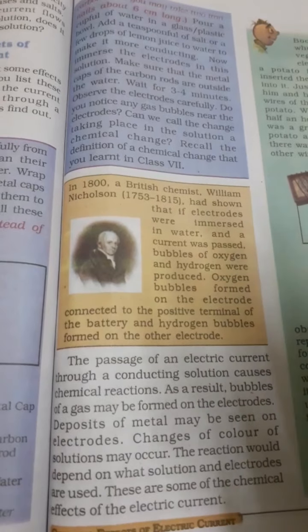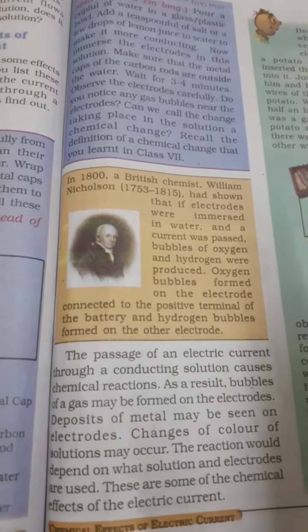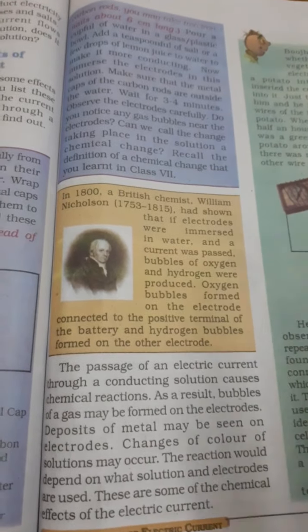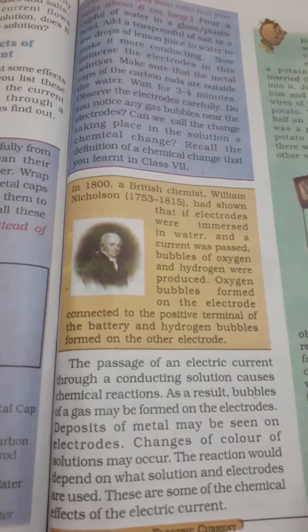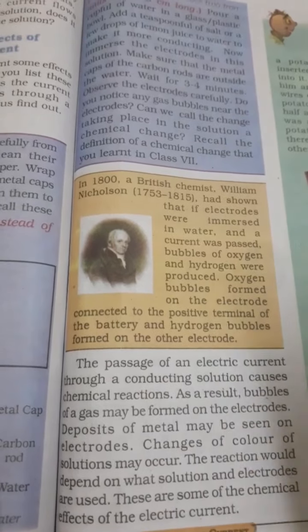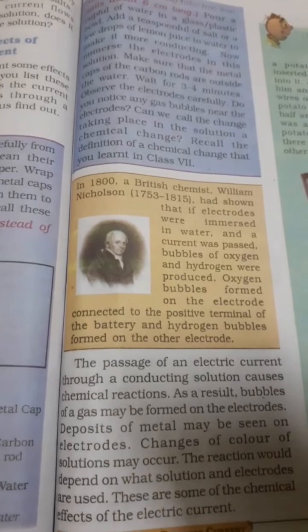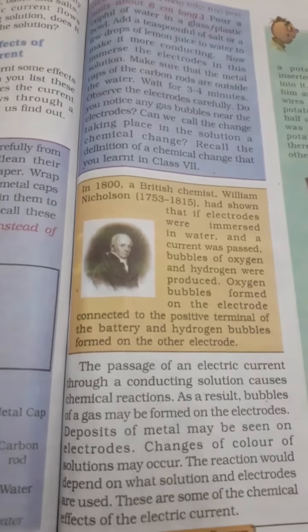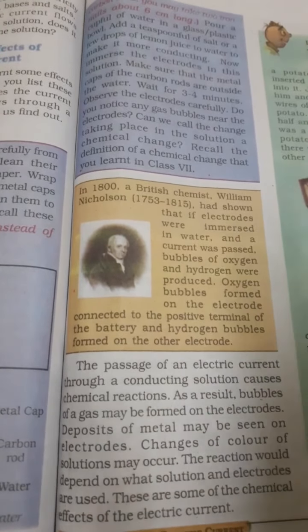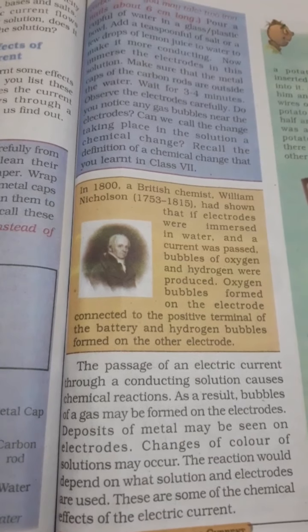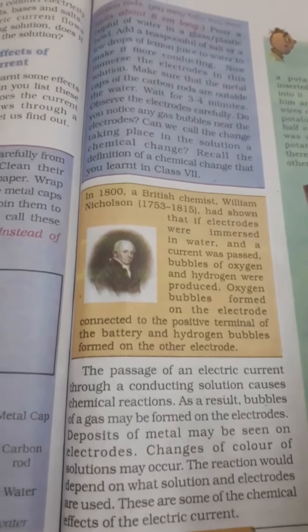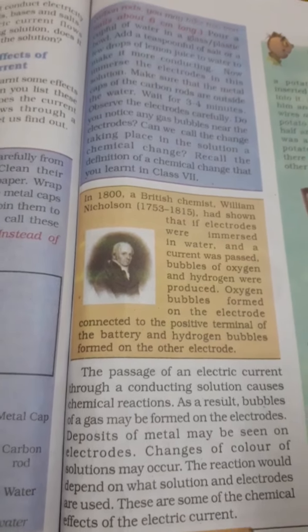in that water. Because what is the formula of water? The chemical formula of water is H2O, hydrogen and oxygen. Two atoms of hydrogen and one atom of oxygen combine and form water. If the electric current flows into the water, it will separate into hydrogen and oxygen. The electric current separates the hydrogen and oxygen in the water.